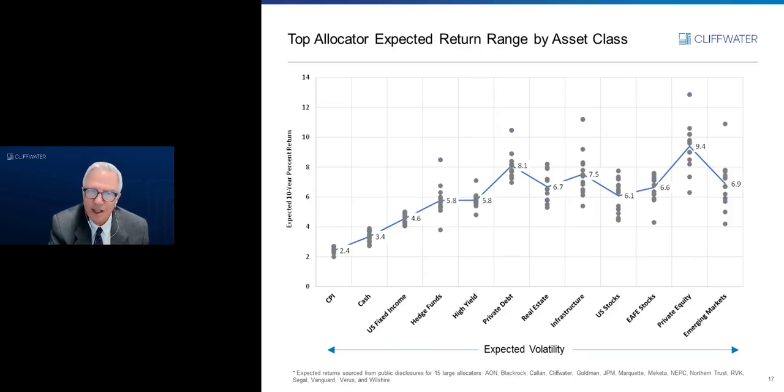Everybody's pretty much the same on cash, tight distribution. Everybody's very tight on fixed income. Basically, they're using the yield to worst or yield to maturity number. Then all of a sudden, you're starting to get some dispersion for hedge funds, high yield. I'd like to point out private debt. There is some dispersion here. You got a real outlier on the upside. But basically, the consensus here is